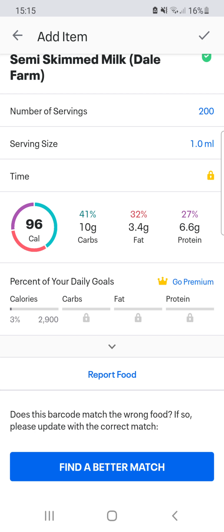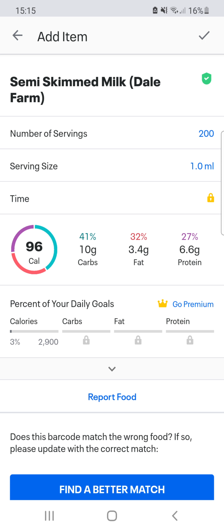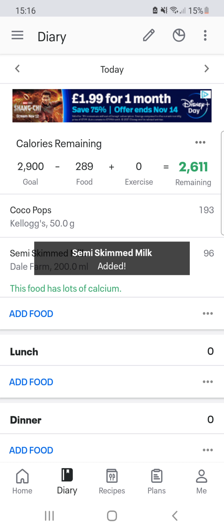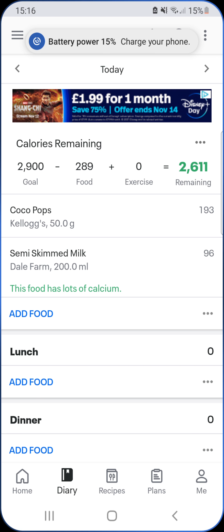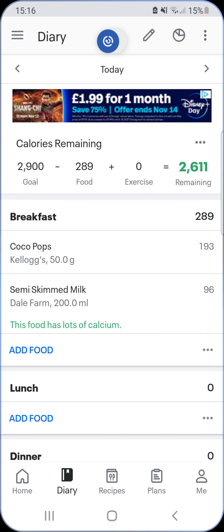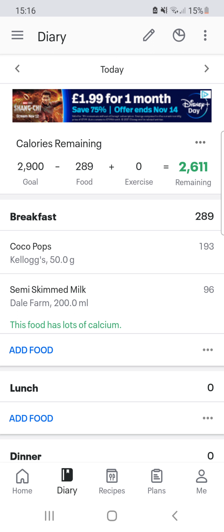So then that brings up your 96 calories, all done again, and then you just tick the thing at the top. So again, that brings up your calories. And if you look at the top there, calories remaining, so your goal is 2,900 minus your food,